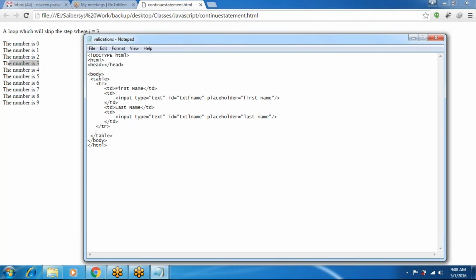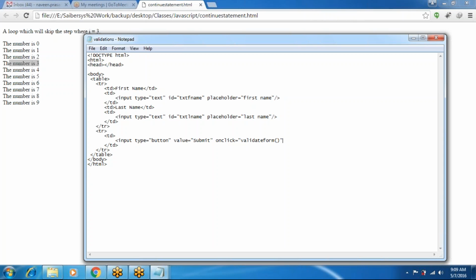So take one button, input type equal to button, and value submit, and onclick validateForm, which is a JavaScript function.